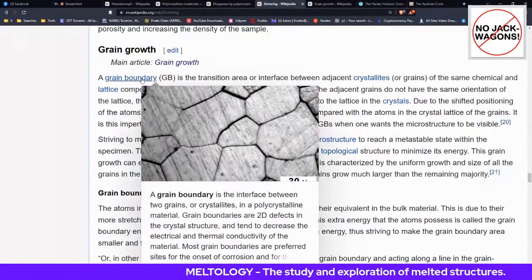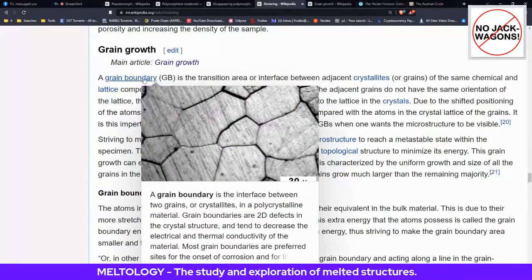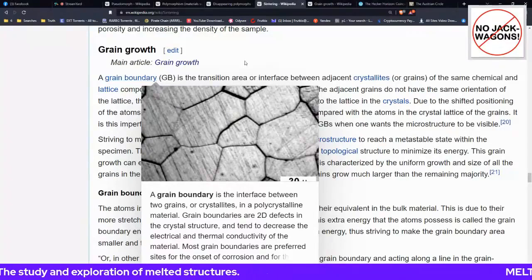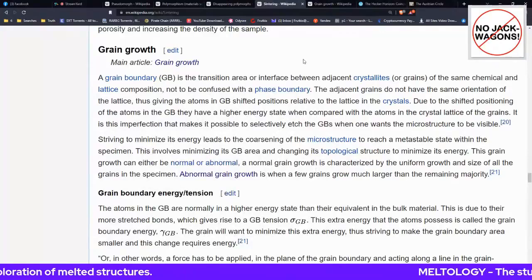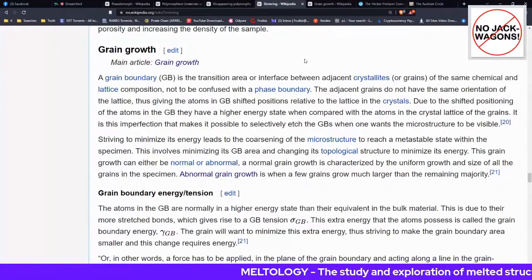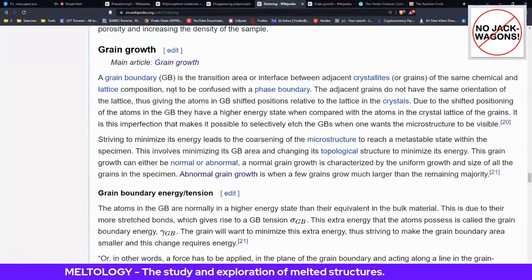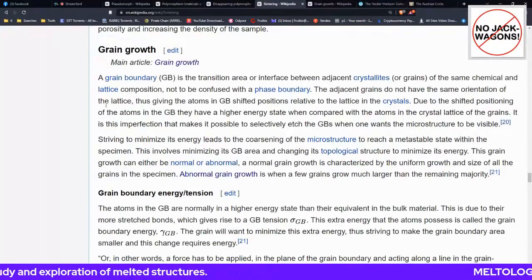John Levy's been showing that. It looks like the megalithic polygonal walls you see in Teotihuacan and all these other places. Yes. And I will show you a diagram of it changing into it. It's just crazy. So this is what they call grain growth. They just do not have the same orientation of lattice, giving the atom